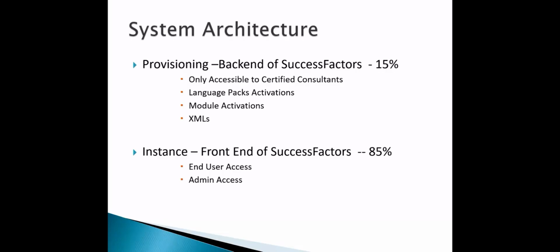Out of 43 languages that SF offers, which languages the client wants to enable. So enabling the required languages. Say if my offices are in Saudi, I need to enable Arabic. If my offices are in China, I need to enable Chinese. Like that, which languages to be enabled based on the requirement of the client, we can do in the provisioning. So provisioning is a system where we do only activations, nothing more than that.